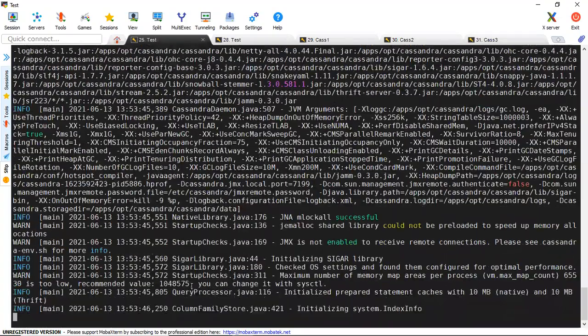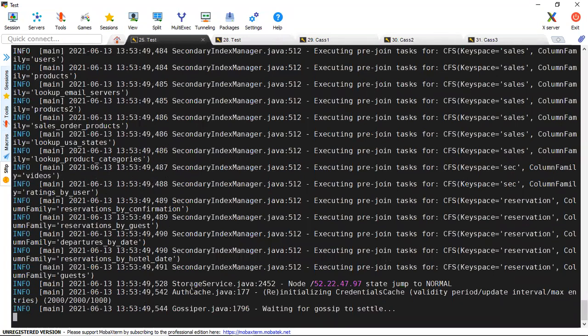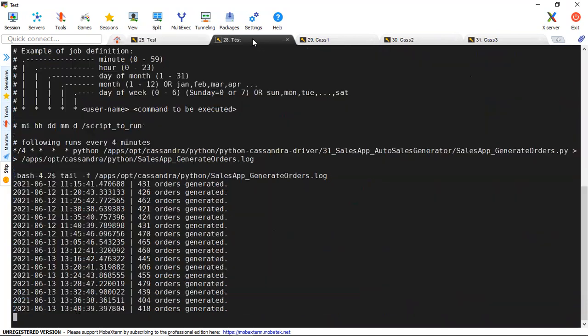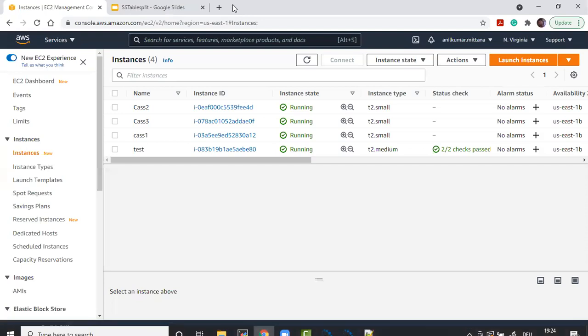Meanwhile, if you notice, we are not inserting any data into that particular table, but when I ran nodetool drain, we got one more SS table. The reason is that I have a cron job which all the time writes data into my Cassandra cluster. If you want a similar setup, with live data flowing into your Cassandra cluster all the time, I highly recommend you go to this GitHub link.